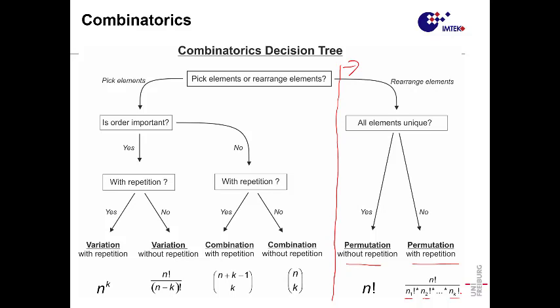Okay? So if you go to the left, then picking elements from a subset, again, one question is: is the order important? Is the order in which you are picking important, or can you pick in any order at all? And again, can you replace an element once you have picked it? Can you put it back, or can you not put it back anymore? Depending on that, you will have 4 different ways of calculating the combination.